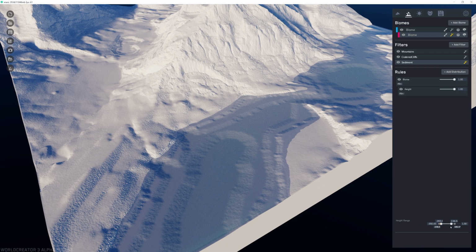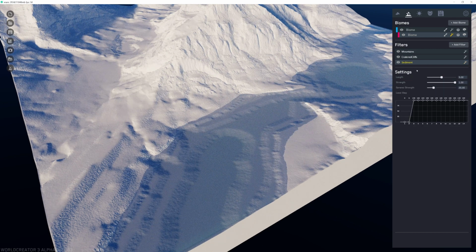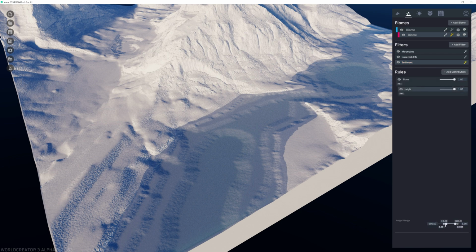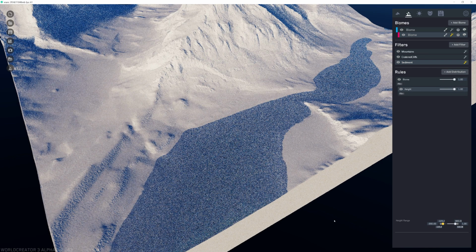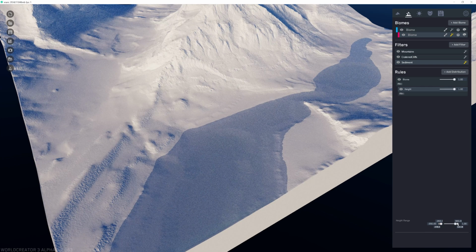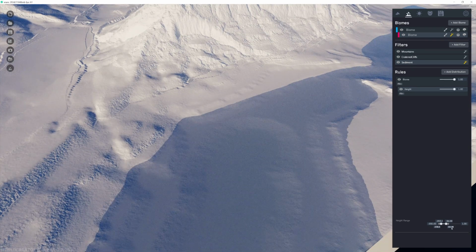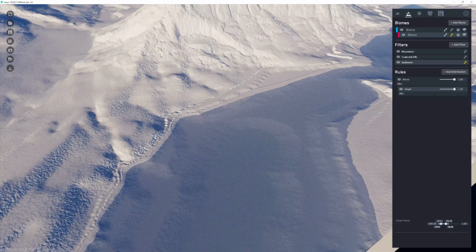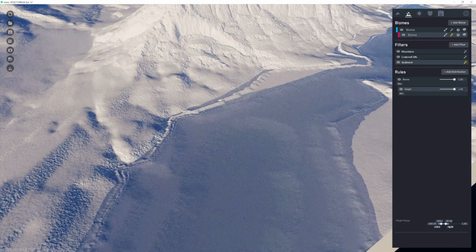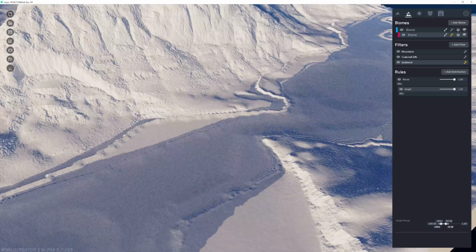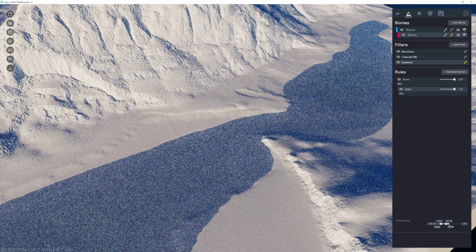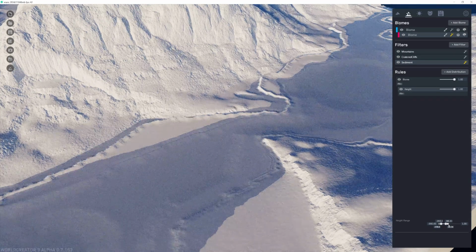So crank that all the way to, here we go. So crank the height for the sedimentation all the way to the bottom. And let's lower it till we can see the line. All right, so we see the line is right here. So let's take this top value and lower it even more. All right. We can see the sedimentation here. If we were to blend it together a little bit,